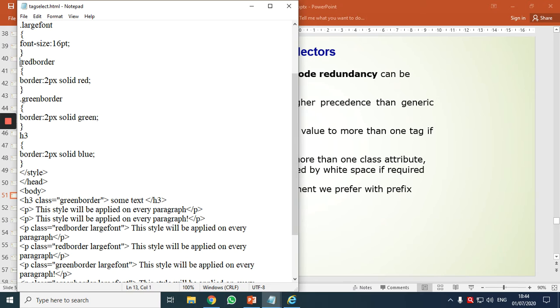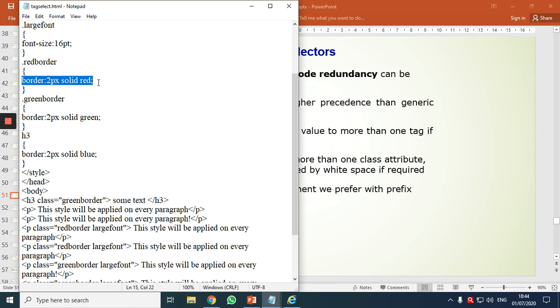See, so what is red border? This is a specific selector. I have specifically said this P tag should get this particular effect. And always the specific selectors will have a higher precedence than the generic selector.